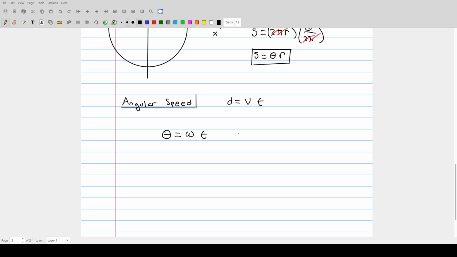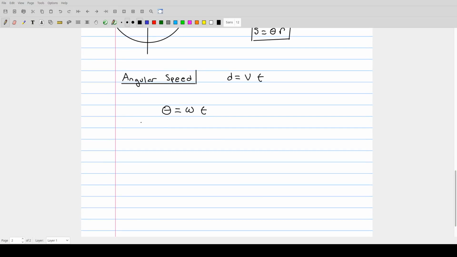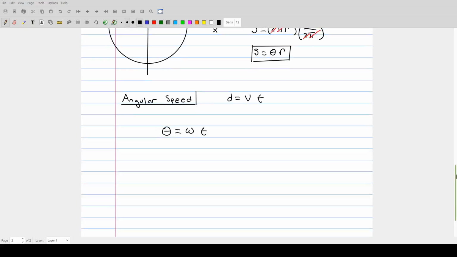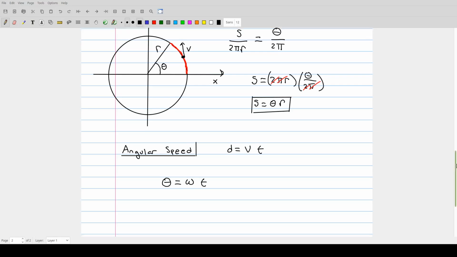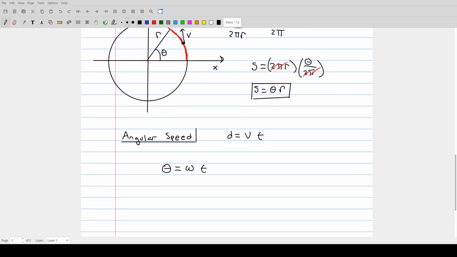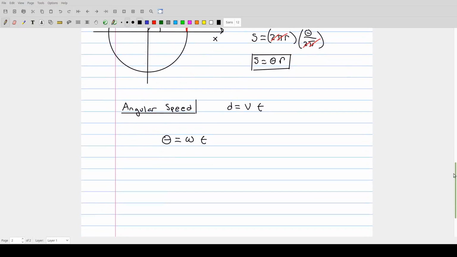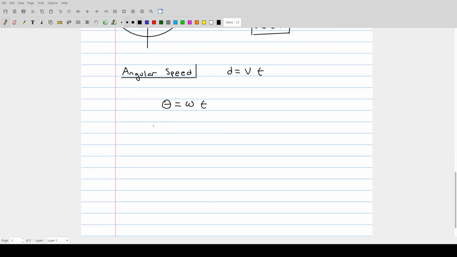So you could use this expression right here if you're moving at a constant angular speed to show that the velocity along the curve, or the tangential speed at any given point, say right at this point right here, your tangential velocity v at that point is directly related, and it comes directly from this formula right here, that v